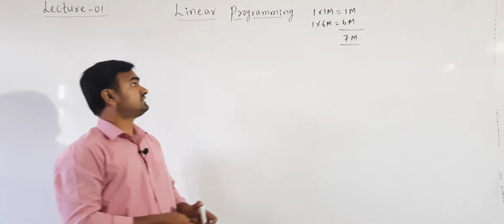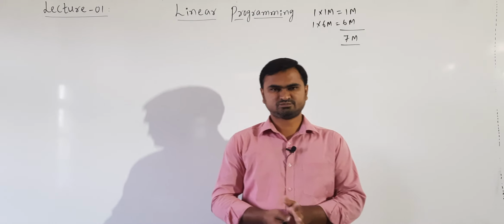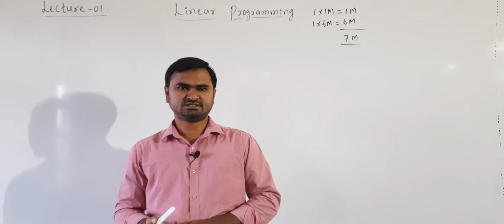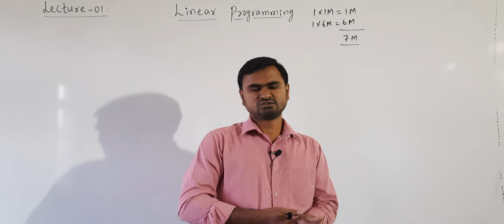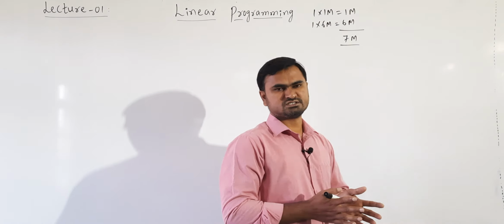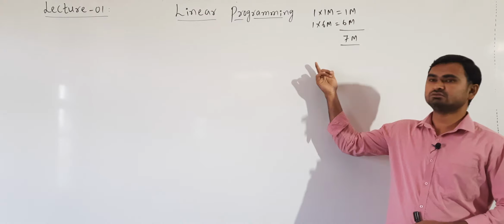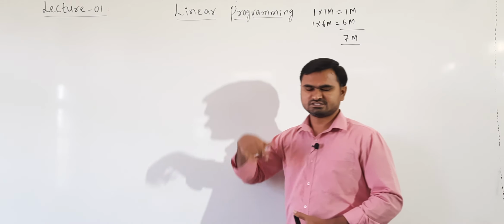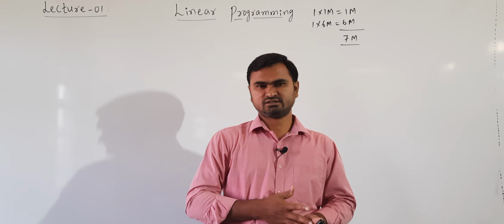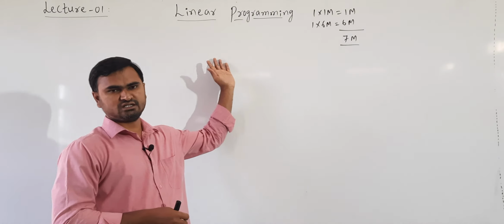The basis for this chapter is the linear inequalities we studied in the first year. Remember we studied linear inequalities and the solution of a system of linear inequalities by using the graph method. All those things we are going to use again here. After drawing the solution of a system of linear inequalities graphically, there will be some extension, and that is what we are going to study here. I suggest you go through that graph method from the first year once, so that we can better understand what this linear programming is.